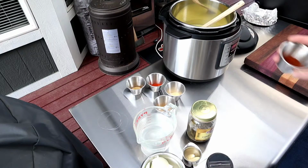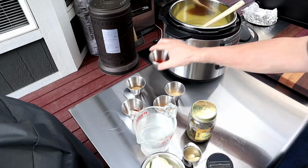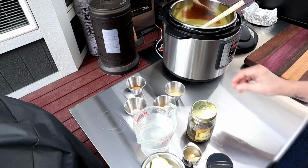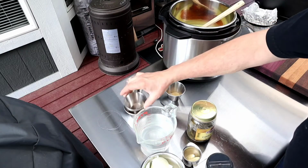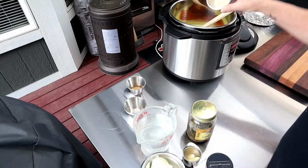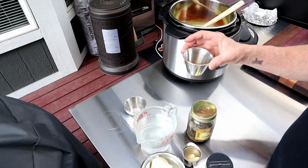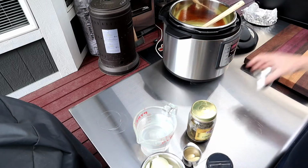2 teaspoons of chili powder, a teaspoon of smoked paprika, half a teaspoon of cumin, half a teaspoon of onion powder and garlic powder, and then about a tablespoon of apple cider vinegar. It's all up to you. I like the stuff, so it's really good for you too. And then